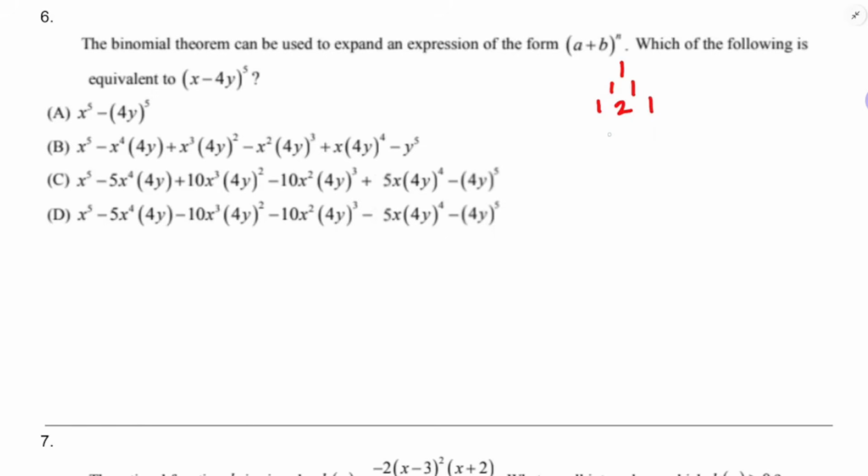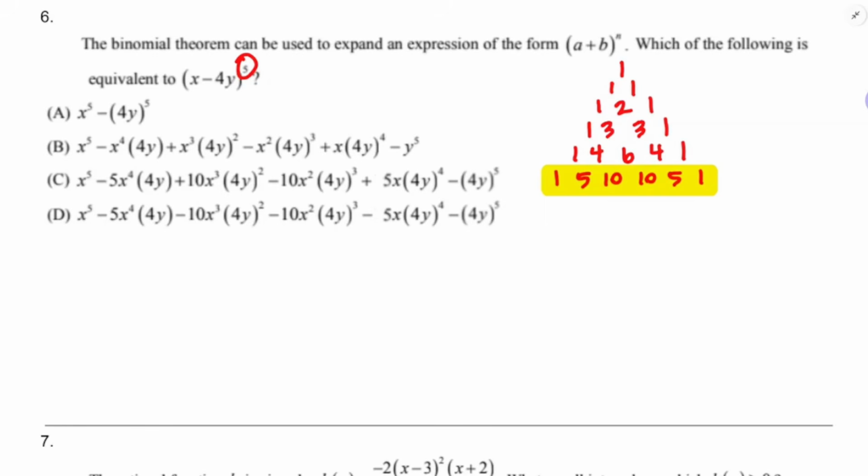1, 2, 1, 1, 3, 3, 1. And we're going to go until we hit this 5. 1, 4, 6, 4, 1, and then 1, 5, 10, 10, 5, 1. Okay, so now that I've got the numbers I need,